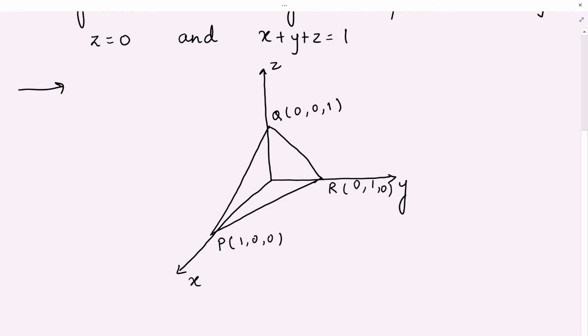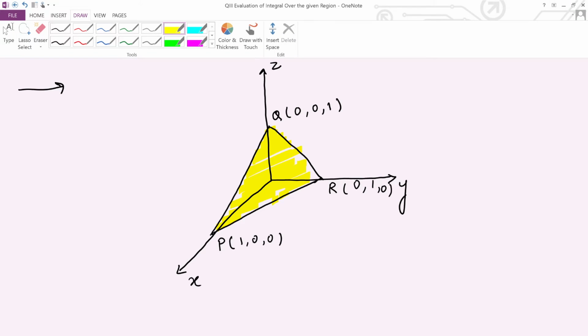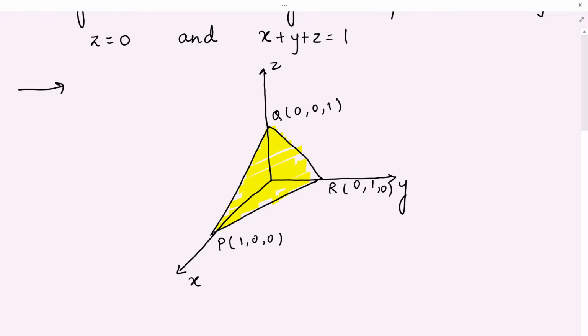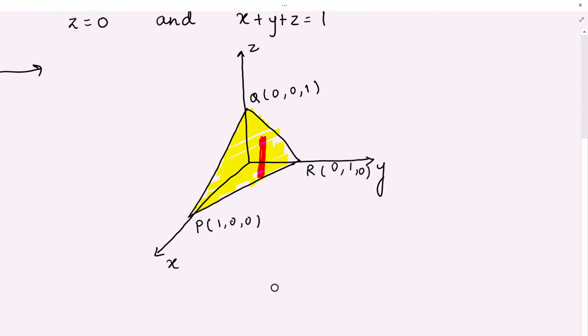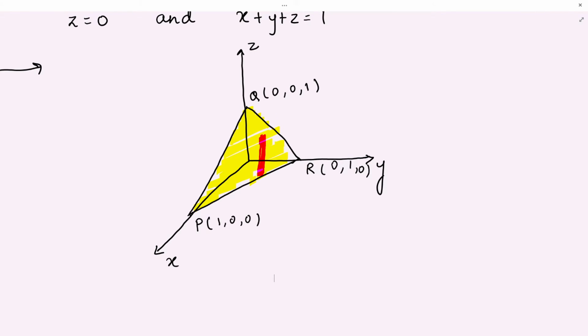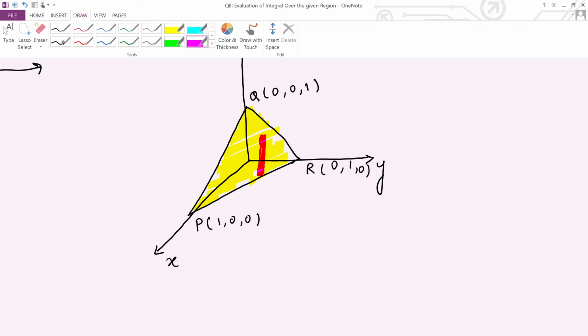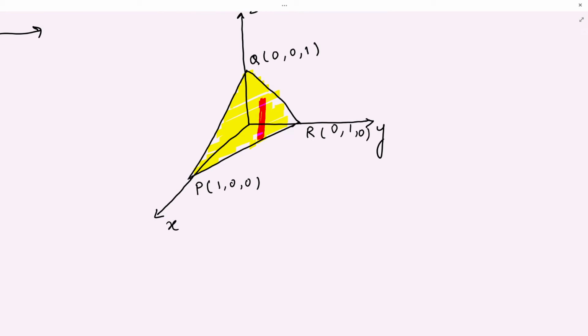So basically here the volume of integration is the three-dimensional diagram, the tetrahedron, right? So this is the integration part. So we will take a three-dimensional strip or a parallelepiped type, right, and get the dimensions. Now the limits of z we need to find first. Once we find the limits of z, the triple integration will be converted into double integration.